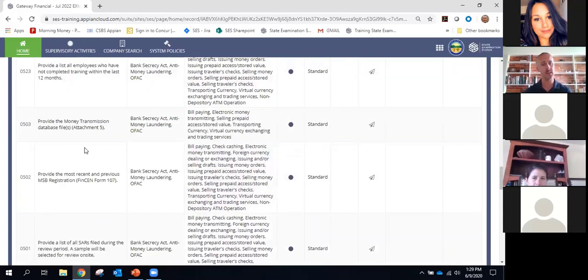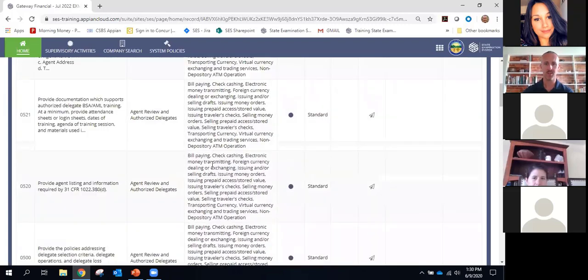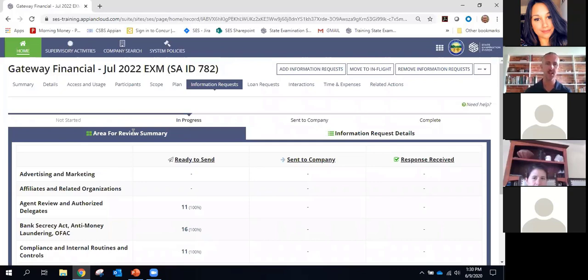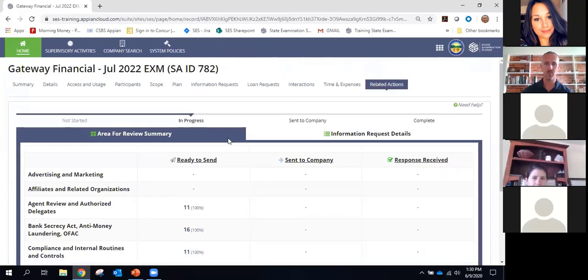If you're from the bank exam space or the mortgage exam space, all you need to think about here is that where you see a question would be a question off of your typical request list. And as you saw on the previous page, these are all sitting in that ready to send status. This means they're queued up and ready to go to the company when I want to send them. And so that's really the next logical step in this process. I would click this send information request option.